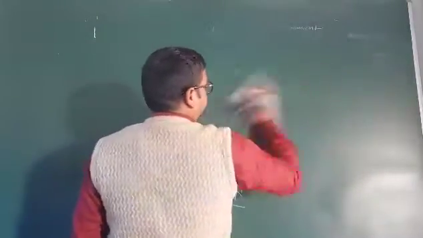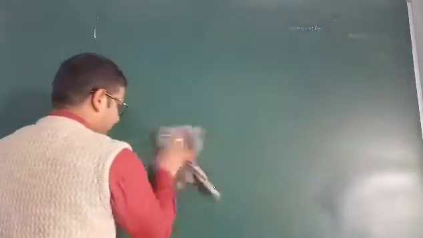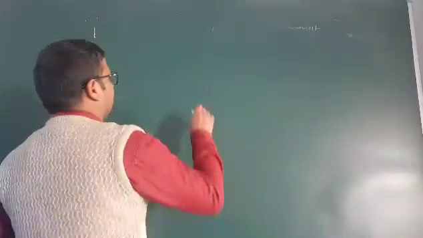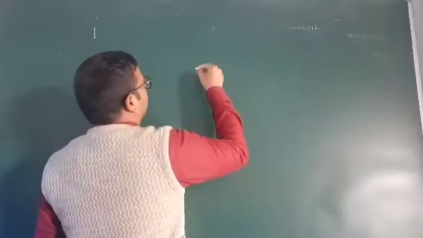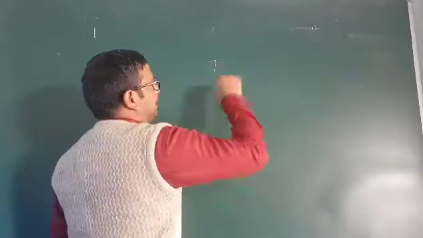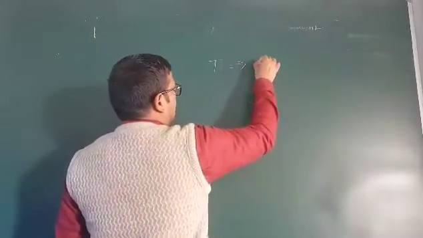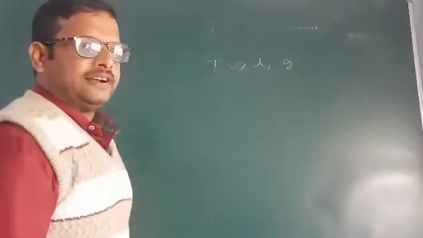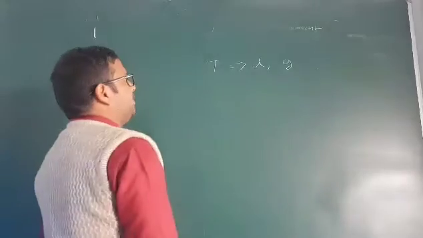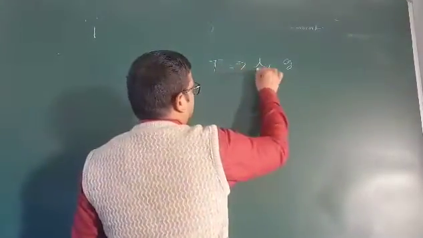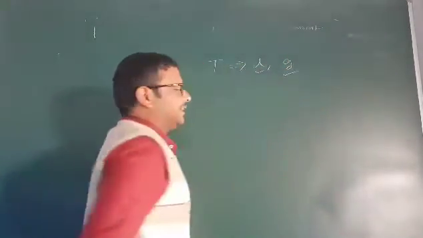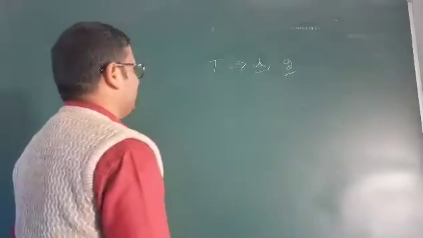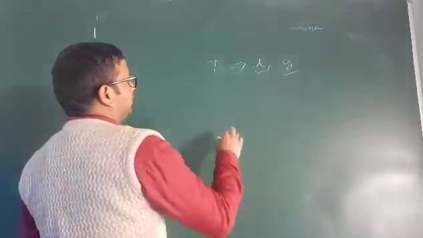And one thing more, one application is also very important in dimension. Suppose any physical quantity, time period, depends upon length and gravitational acceleration. Then you can find out with the help of the dimension formula which relation the time period has with length and gravitational acceleration. Very easily you can find out. How can you find out? By using the dimensional formula.